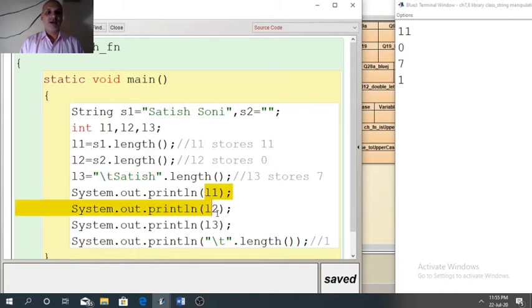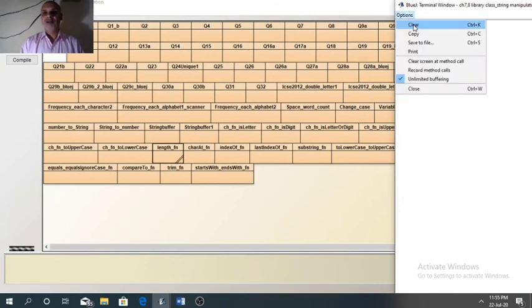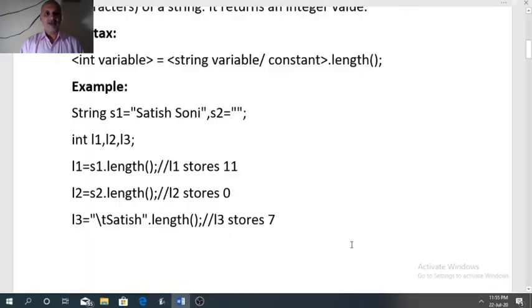After printing L1, L2, L3, last one slash T dot length, slash T is considered as 1 character. So first program is very simple to understand. Let us clear it. So first function is over. That was the length function.